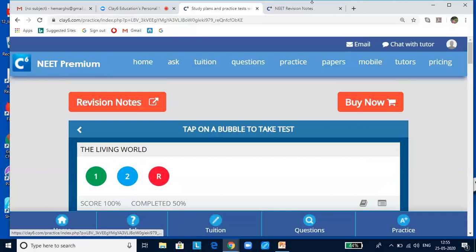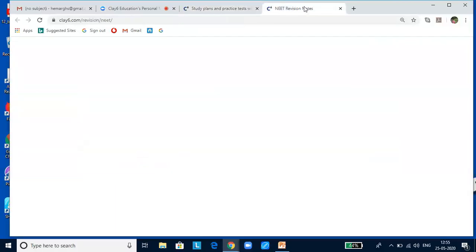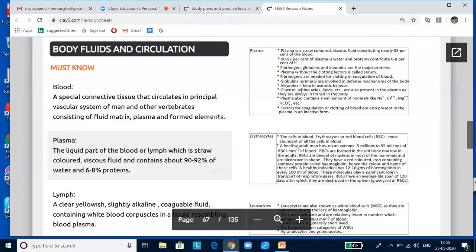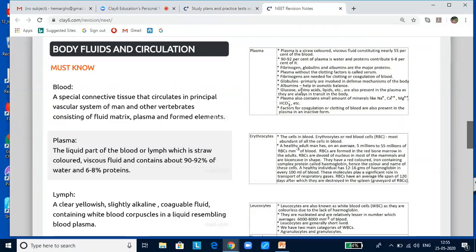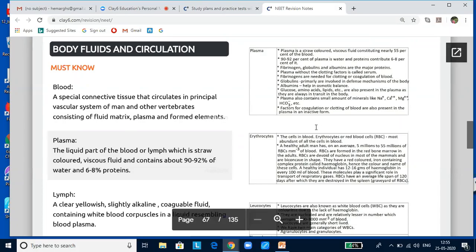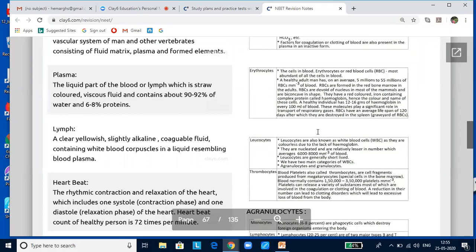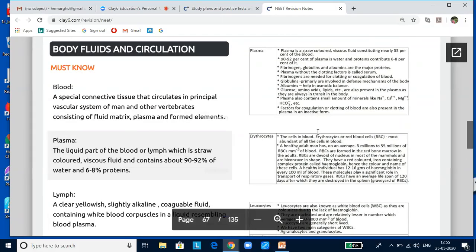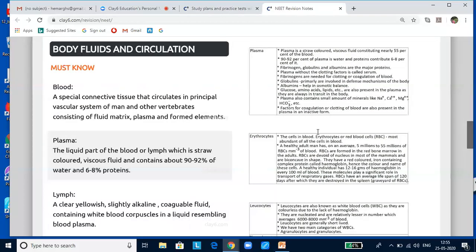If you go up and click on this bubble, you will get the NEET revision notes. And these revision notes are done in such a way that they capture the essence of 11th and 12th. It is very easy, and it has just got 135 pages, and it will really help you to revise very quickly so that you don't have to waste time. By looking at this, you can be easily preparing. I would always suggest that it's an asset for your studies.